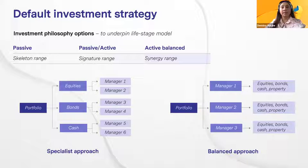Within the Sygnia signature range, the underlying investments are allocated to a number of specialist asset managers, both active and passive, that are appointed and selected by Sygnia based predominantly on their skills, their experience, their performance, and their operational and financial soundness. The aim of the signature product is to offer investors access to a well-diversified global balanced portfolio that utilizes the best asset managers in their fields, while also ensuring that the risk profile of the strategy